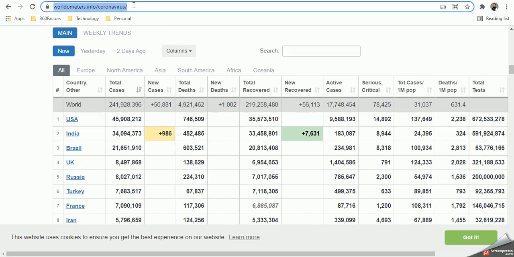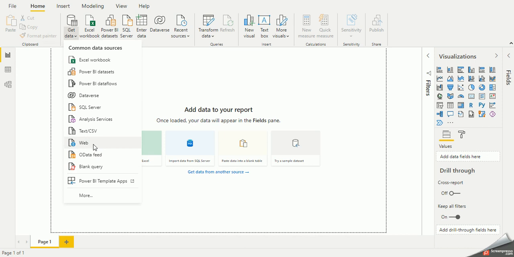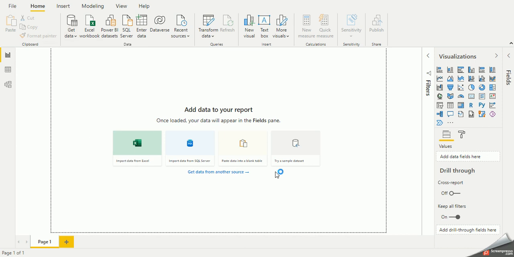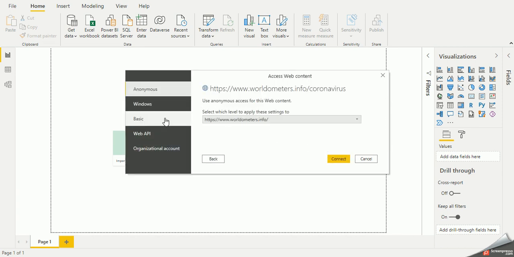I will take the URL and go to my Power BI, and I will use Get Data and then Web. Okay, so I have put in the URL, and as you can see, there is no authentication requirement, so we can directly connect.